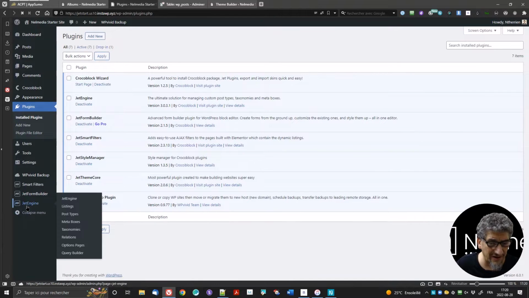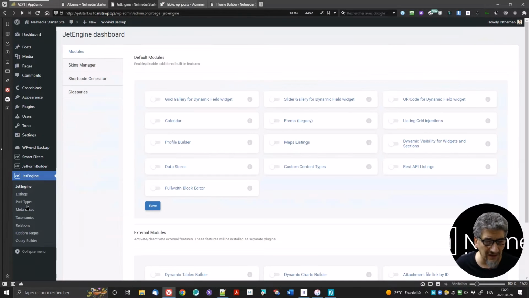So let's go right away with JetEngine. Let's focus on that one for now. If I click on JetEngine, I have all those possibilities here. These are add-ons. It's going to add another plugin, but linked to JetEngine, which is of course free, by the way. So we don't need that in our case, but as you can see, you can add calendars if you